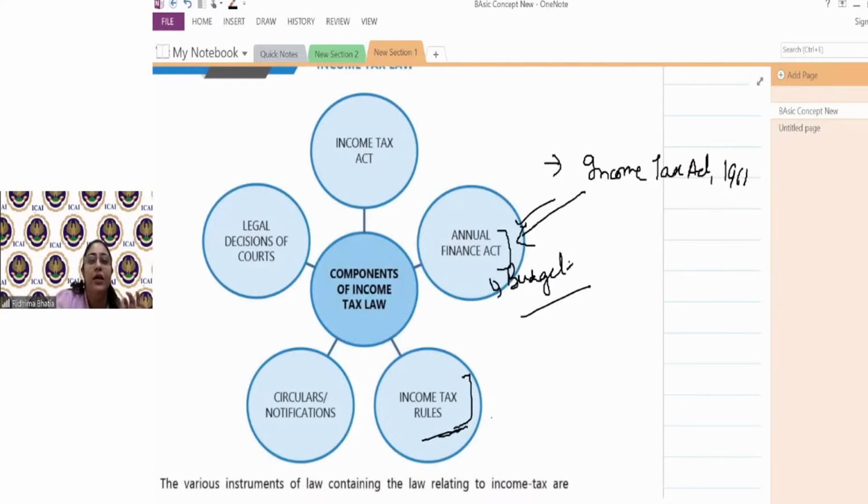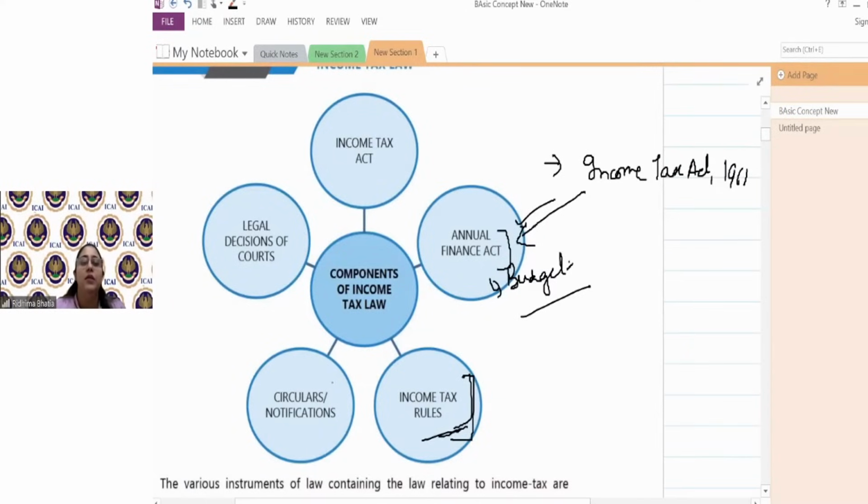अब Act में लिखा है that there is exemption on house rent allowance. But how do we compute that exemption on house rent allowance? उसके लिए I have to understand the rule. Rules में the manner would be defined. And it's not only income tax that has rules. Companies Act has Companies Rules, CGST has CGST Rules. So there are rules for every act, particularly where there is administration. So rules would tell you how a particular thing has to be administered.